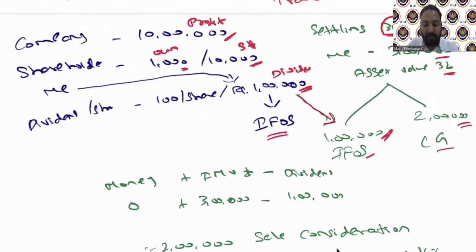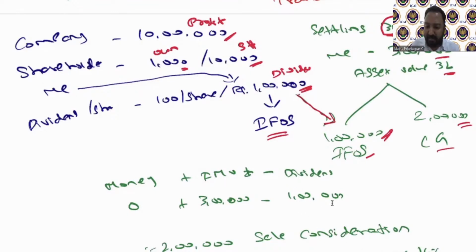Abdul asks whether a foreign company held by an Indian company is a domestic company. No. A domestic company is a company incorporated under the Indian Companies Act 1956 or the Indian Companies Act 2013. So only they are called a domestic company. There is another definition called Indian company, which I'll not take you through right now.